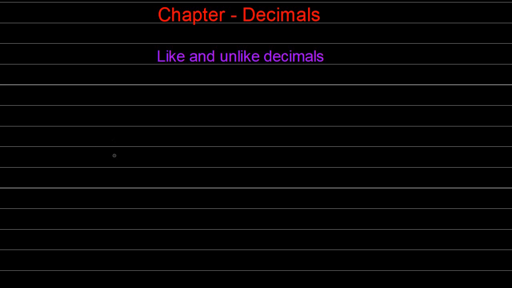Our next topic is like and unlike decimals. Just like we have like and unlike fractions, we have like and unlike decimals. Very simple concept. All the decimals whose number of decimal places are the same. Like for example, 0.5, 0.7, 1.5, 1.9, 2.6. You can see every decimal here has only one decimal place. So those who have the same decimal places,